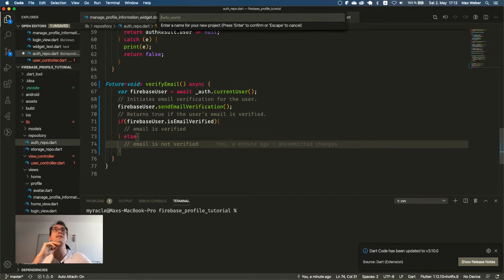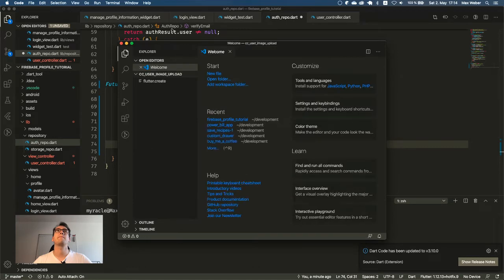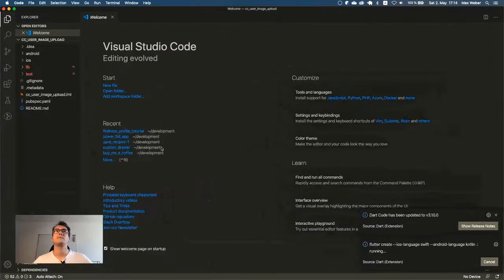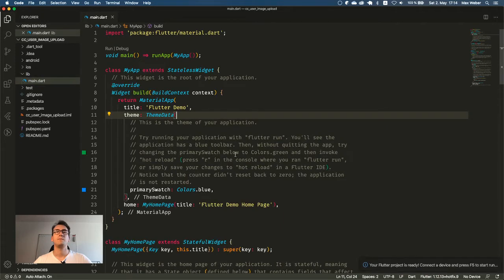Okay, so we want to have a new project. I call that now CodePen Challenge CC and user image upload. Let's create it here. I hope I don't have anything to update, but it looks good for now.